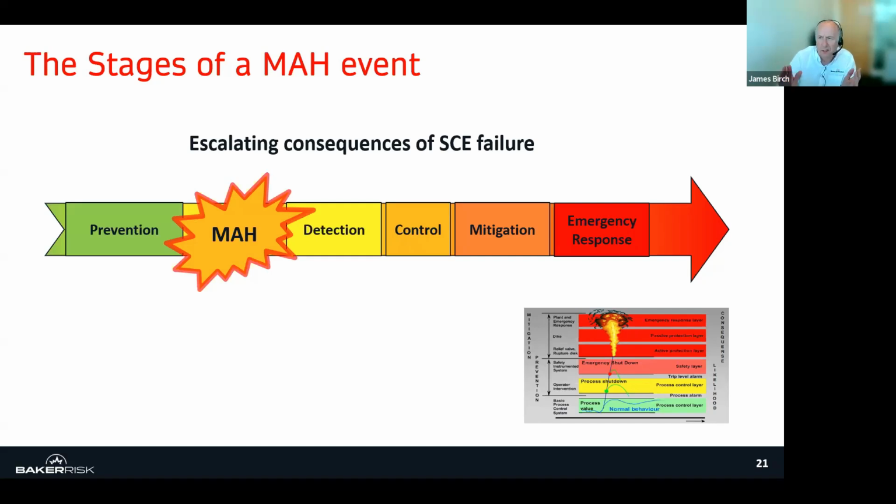So just as a very quick timeline, I'll break each of these down now separately, and we'll look at the safety critical elements we might decide to choose. But for a timeline here, we go from green through to red, through the different stages. So let's walk through one by one and see how that will help us to pick out the safety critical elements that we need.